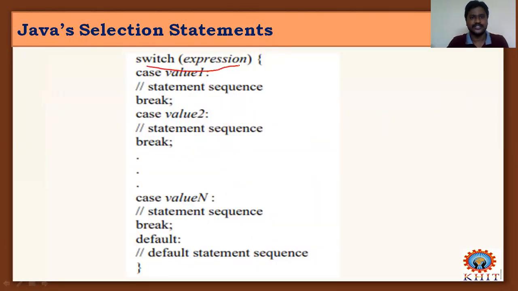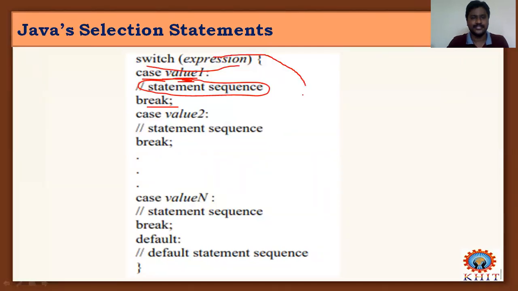Switch expression. If this expression matches a particular value, and that value belongs to this case value, this part of the statement sequence will execute right there, and it breaks after completion.